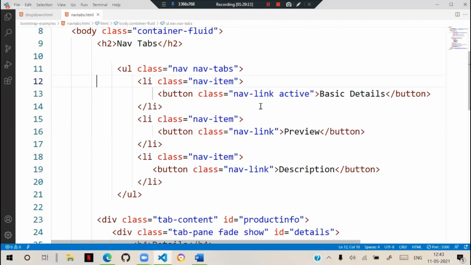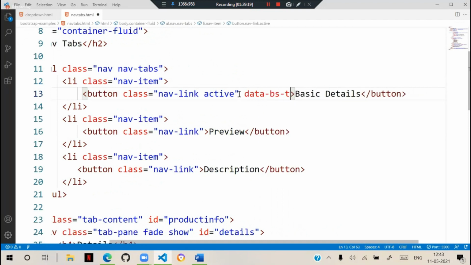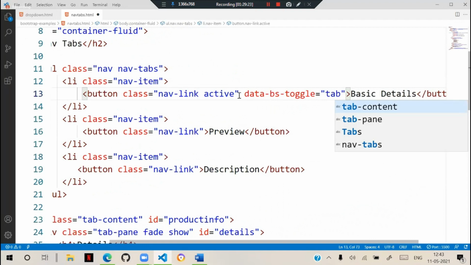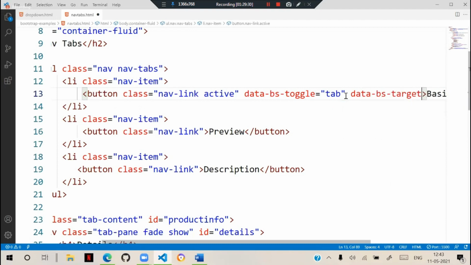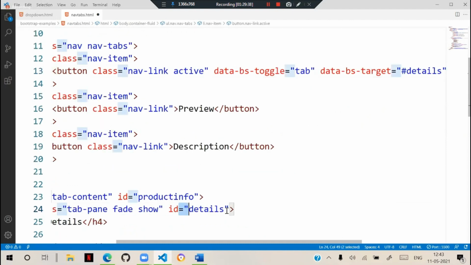So on this first button, data-bs-toggle, it should toggle the tab, and data-bs-target says which tab to toggle. The ID is details. Details is the tab panel ID. That means it will be the first one.